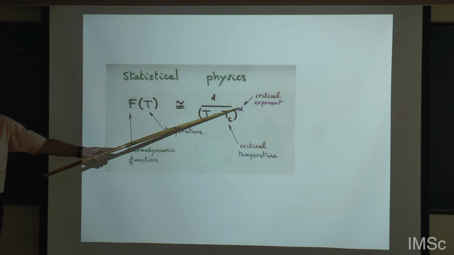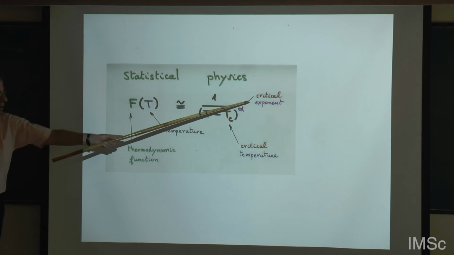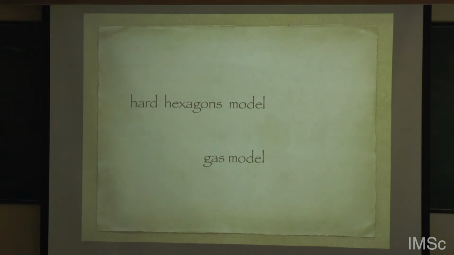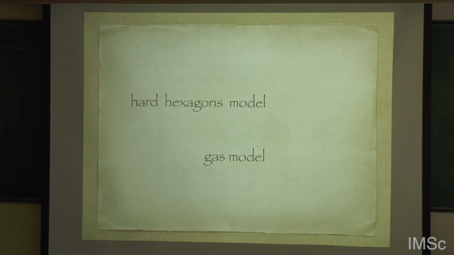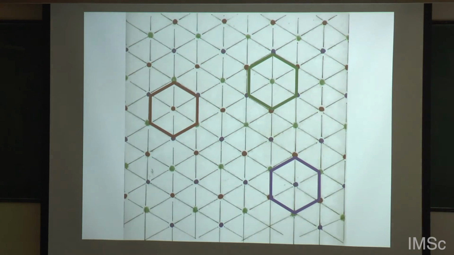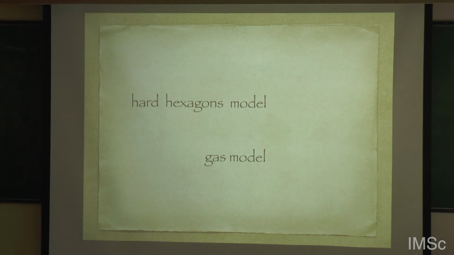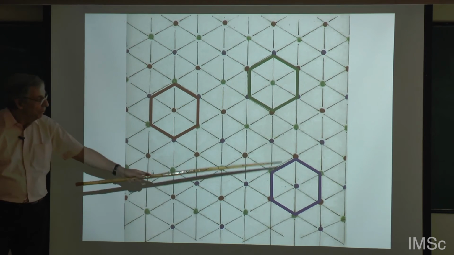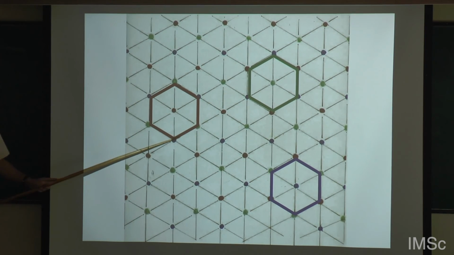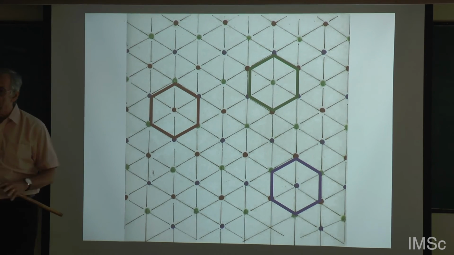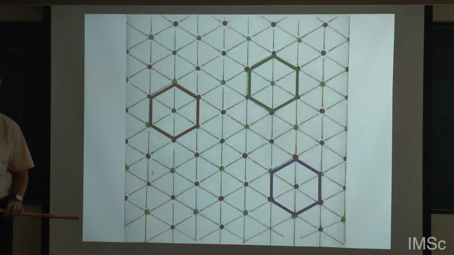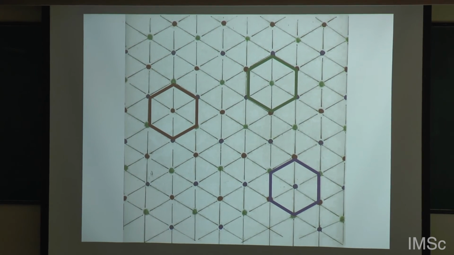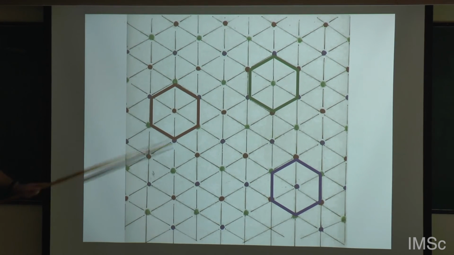And there is an exponent. The behavior near the phase transition is given by what is called in physics a critical exponent. So what Ramanujan is doing in this story: this is the famous hard hexagon model, a gas model by Baxter. It's a two-dimensional model. You are on the hexagonal lattice, and this is supposed to be a gas with molecules. The molecules are hexagons, so there is some interaction between the hexagons, and the solution of the hard hexagonal model is the limit of the interaction. There is some real parameter, but the limit of this model is a gas.